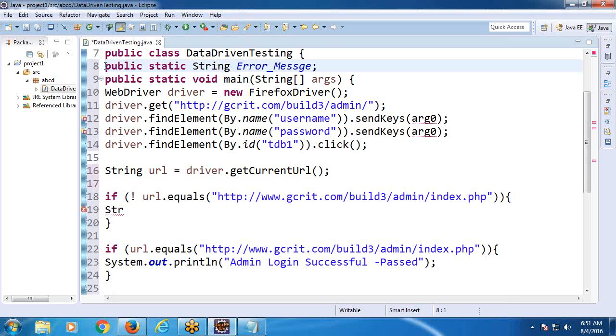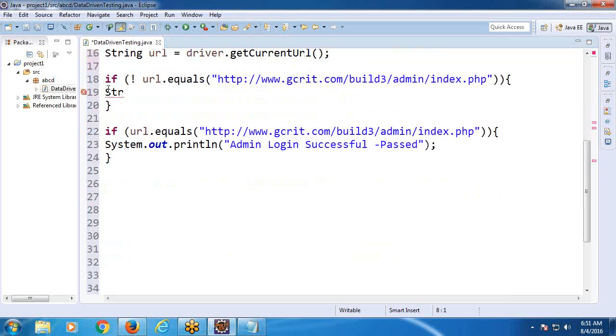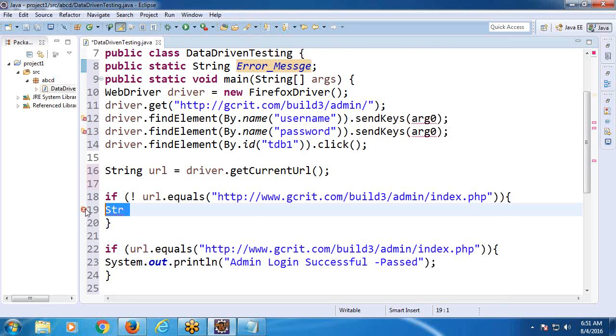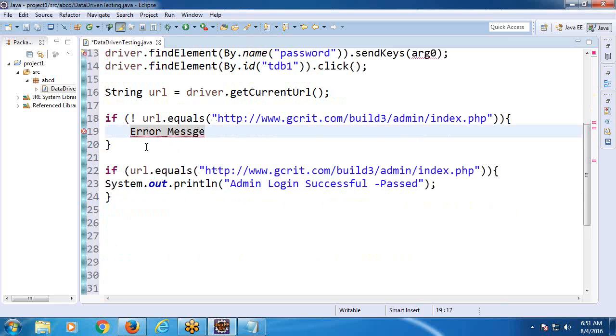Next, use the error message; don't declare again. errorMessage equals